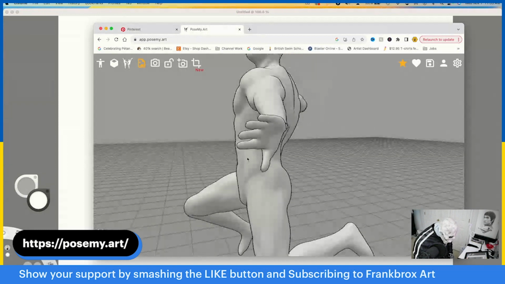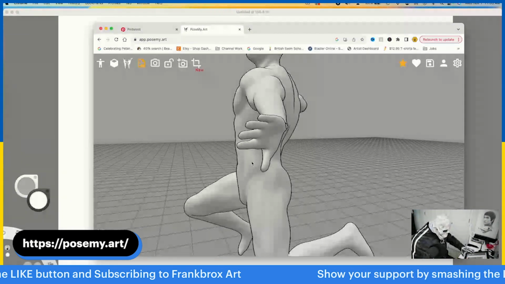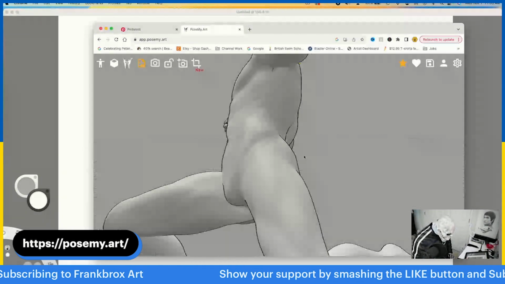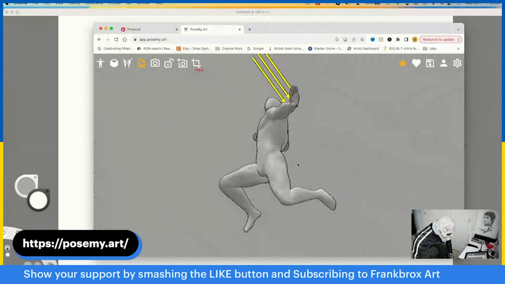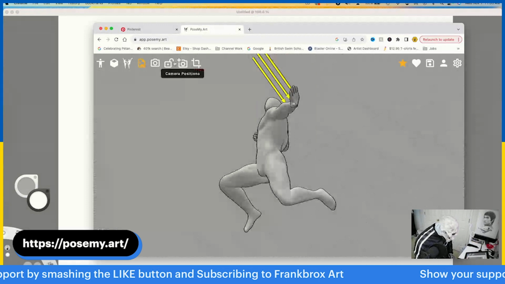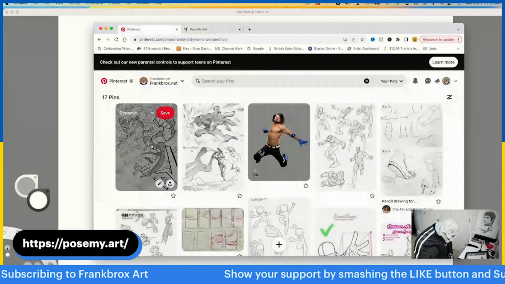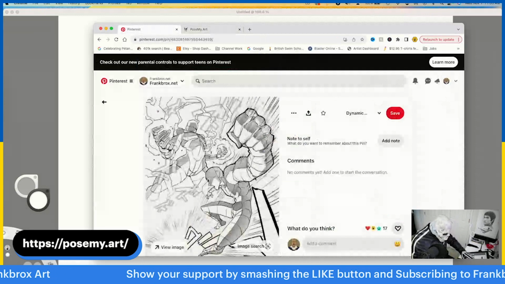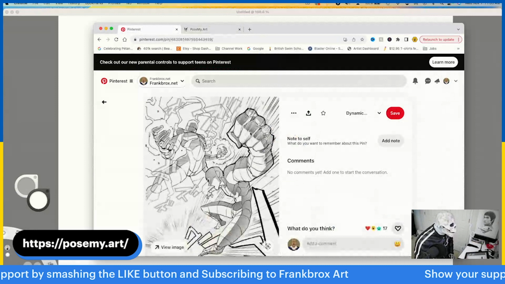So we're just going to move around this 3D male and see if we can find the right pose. It's a really cool tool to use just in case you don't have a physical mannequin to work with. There's also